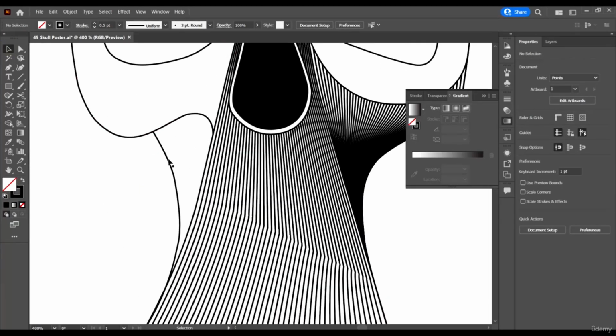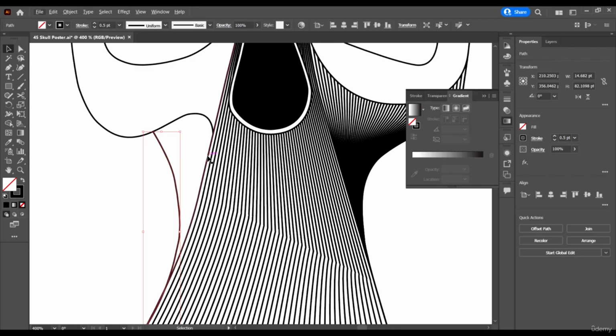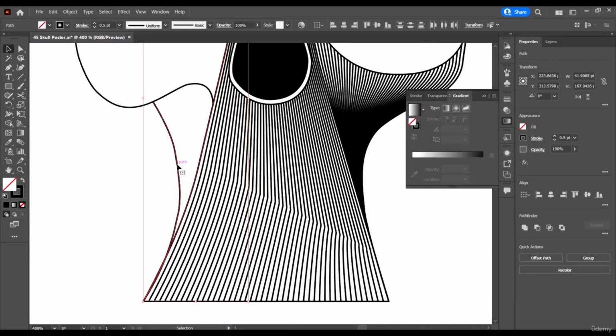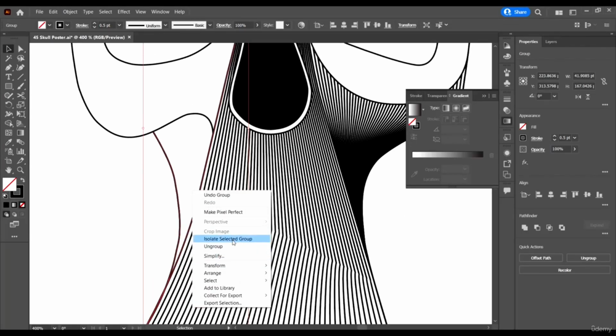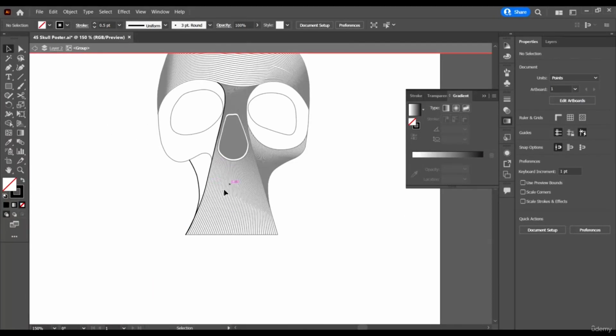Then for this guy, we're going to duplicate this guy and also this guy. So let's select both of them and then Control C, Control F. That's to duplicate them, and then right click and group them. So when we group them, we will now be able to isolate them as a group.